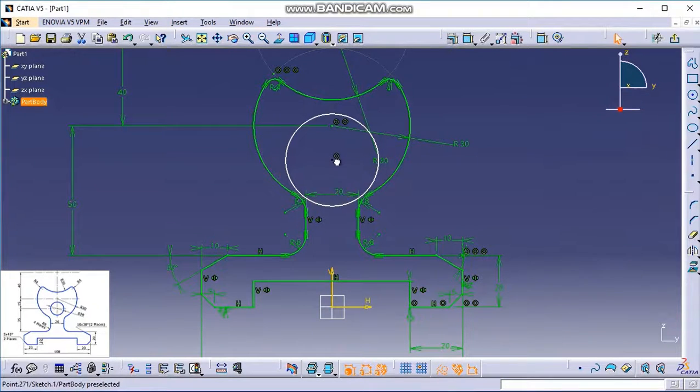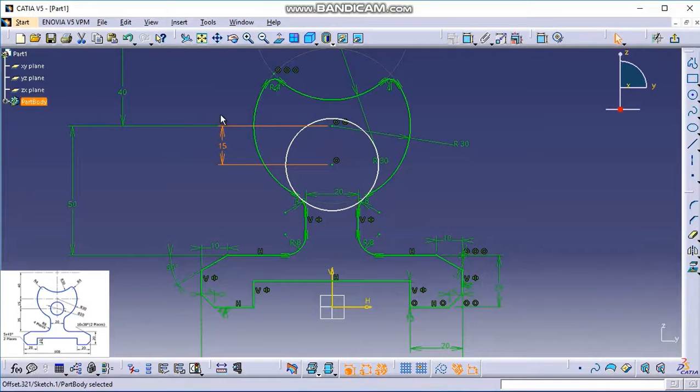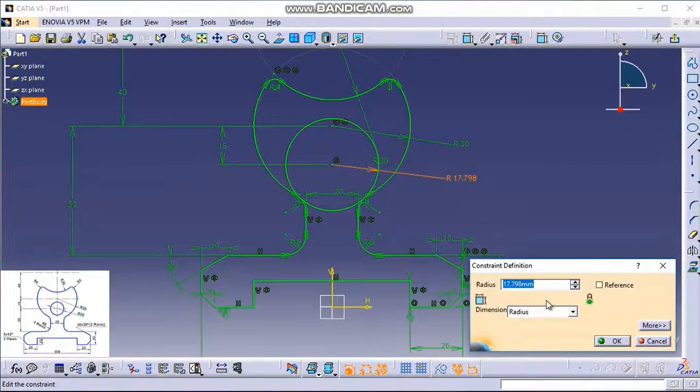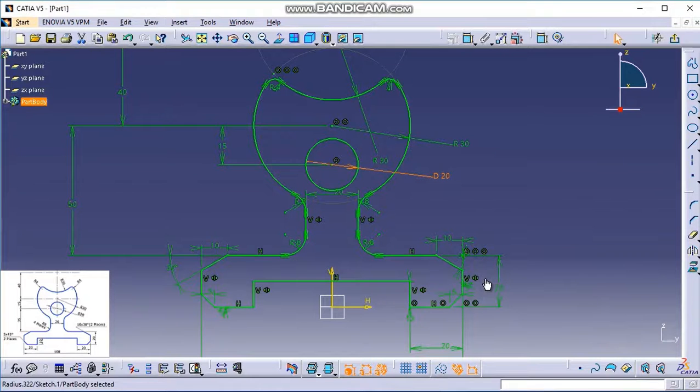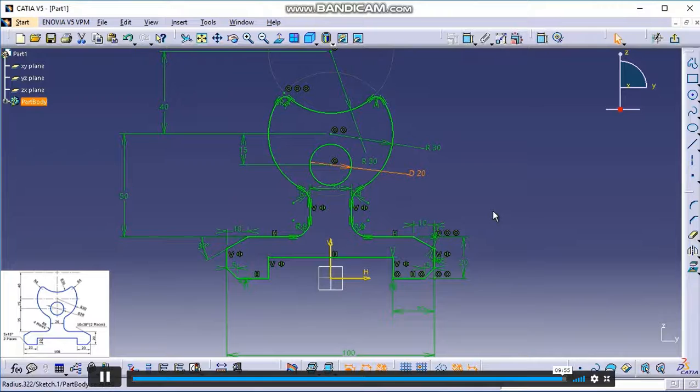Now move it a bit down and I'll give the dimension between this center and this center. This is of value 15. Now I'll give the diameter. Double click here. Here change to diameter. A diameter value of 20. And we have achieved the fully constrained geometry of example 11.